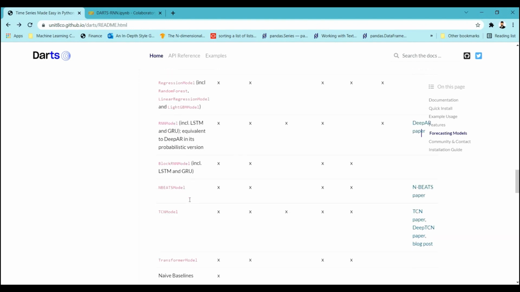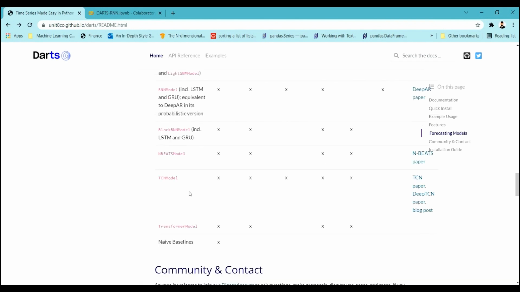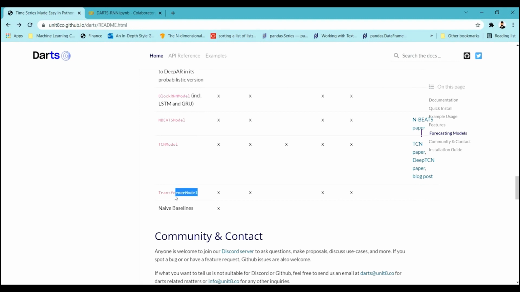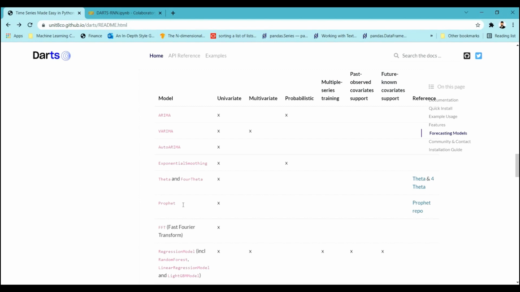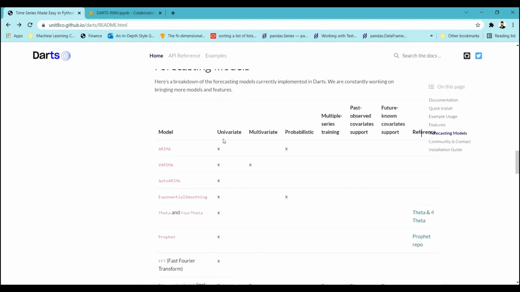We have this block RNN model, which is generally an encoder model, and there's an NBeats model, which is a very good model in terms of forecasting for time series. It has won a recent competition in time series modeling as well. And this is a temporal convolution network model in time series, and the transformer model. Likewise, we have enough models for time series analysis and forecasting, and you can see what kind of